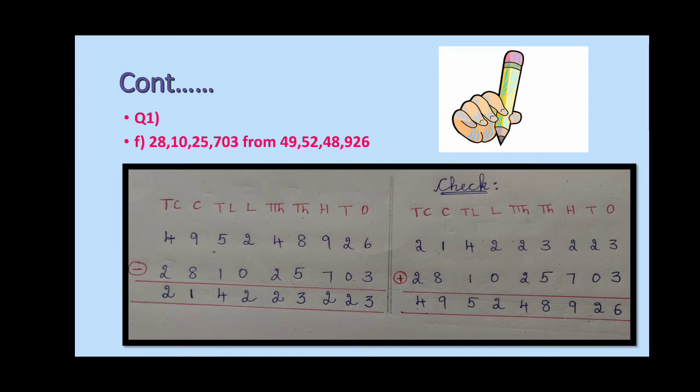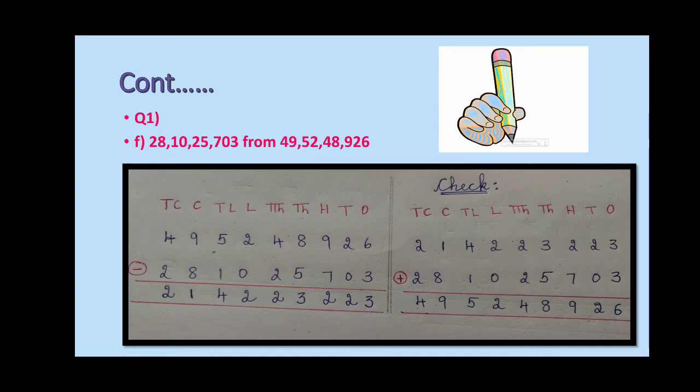When you are writing in the classwork, you have to write the place values first with the half finger space, then arrange the numbers according to the columns, then do the subtraction. Here, when we are doing the subtraction, your minuend is more than the subtrahend in each place, so directly you can do the subtraction. I think it's not necessary to explain, children. So 6 minus 3 is 3, 2 minus 0 is 2, and then 9 minus 7 is 2. Like that we got the difference.